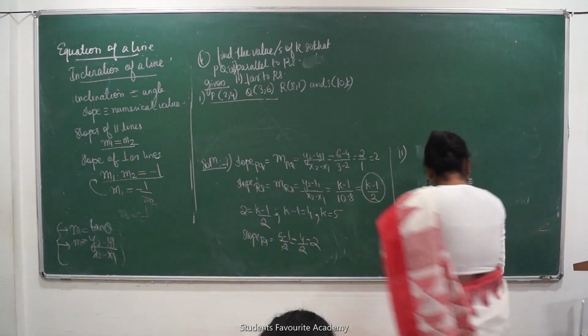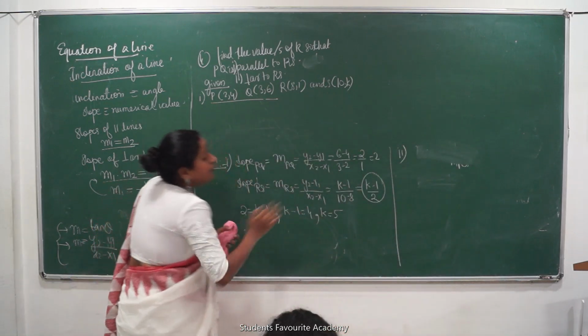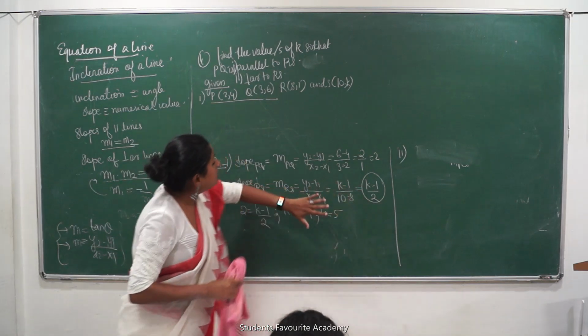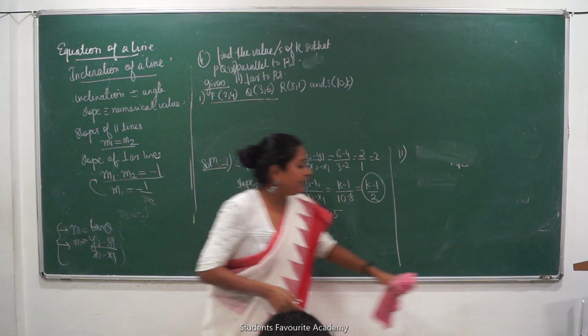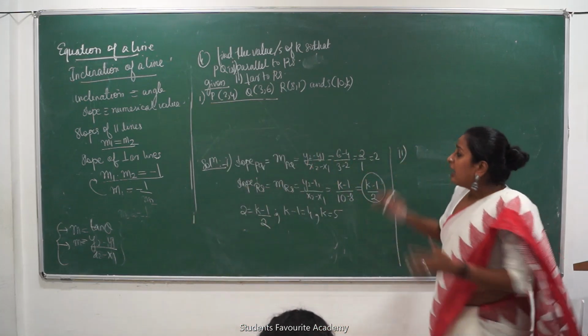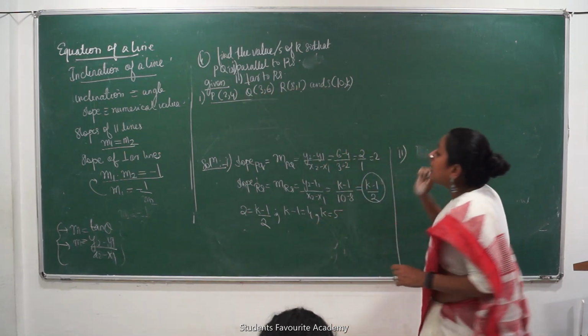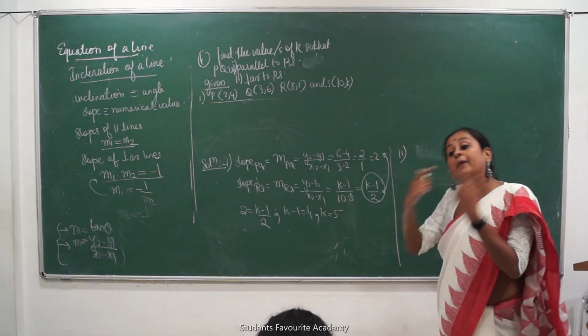One second, forget what I just explained; that was only a method. We cannot substitute the value of k now over here. This is a separate question, and the one I asked here is a separate question. The 2 and 2 matched, meaning both lines are parallel. But now, these two values are given to me, and the lines are perpendicular, so we will have to find the value.